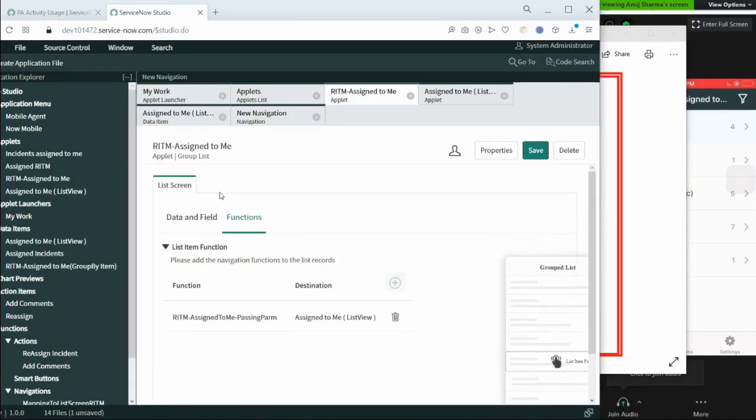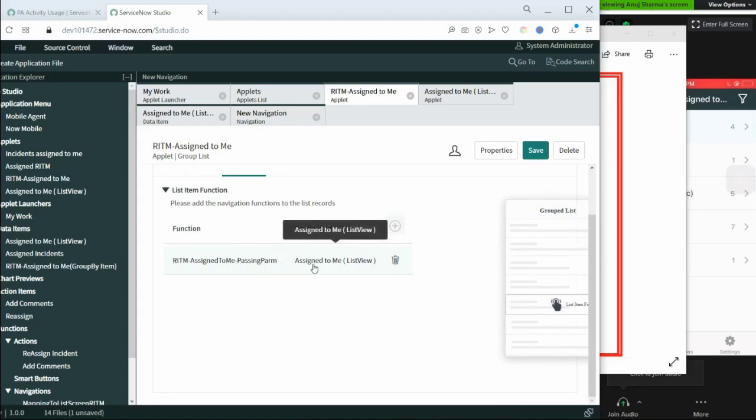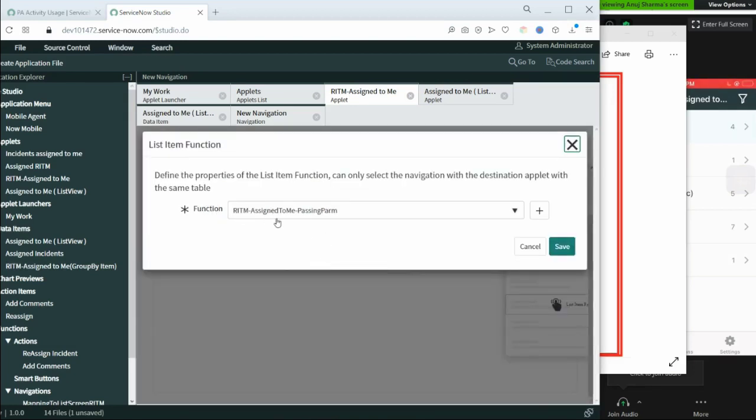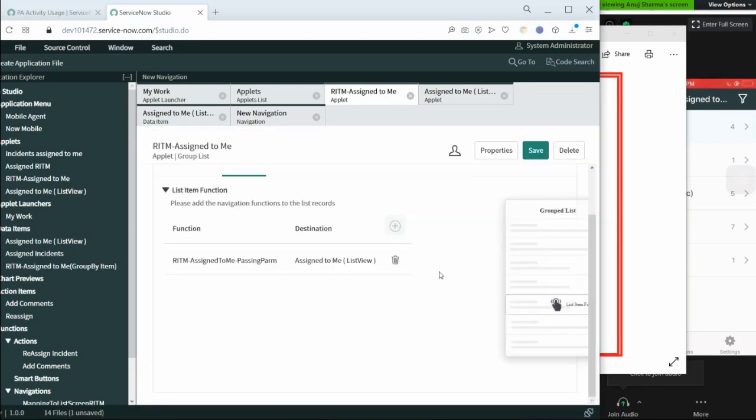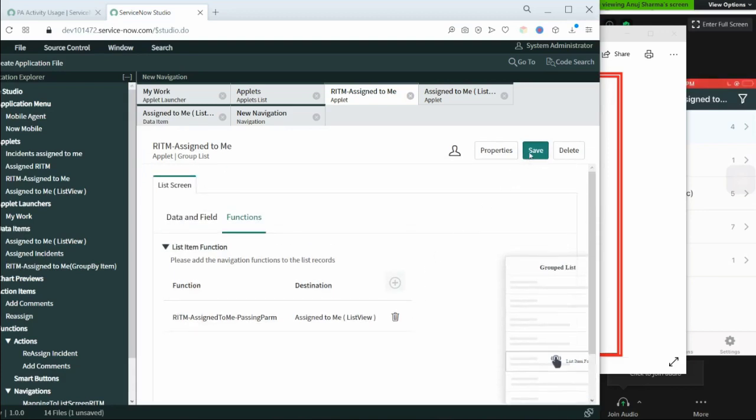For that we opened applet 1 under the list screen. Within the function we have provided the navigation from screen 1. This is the navigation we created. Within that navigation, we defined what information needs to be passed, and we saved it.